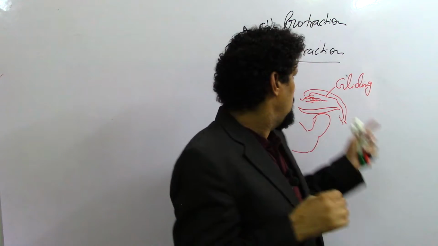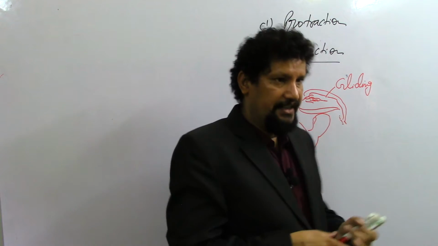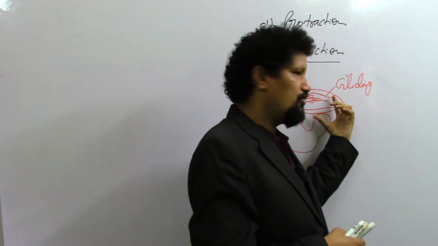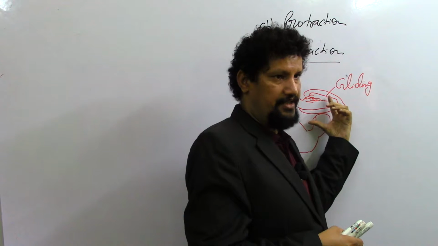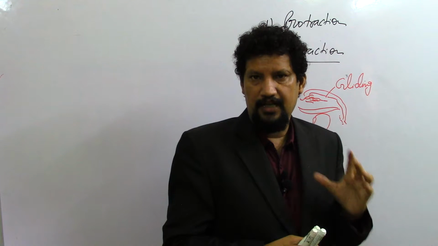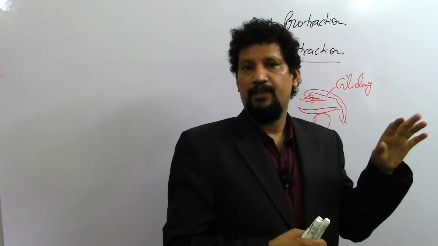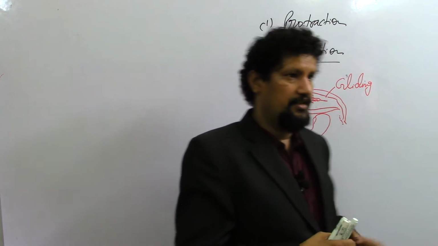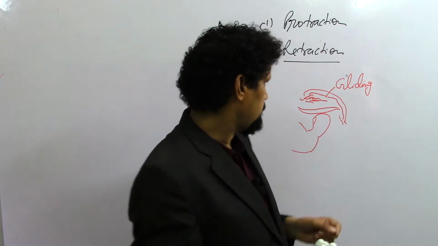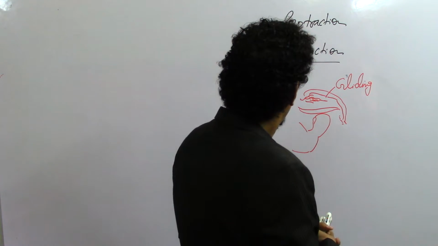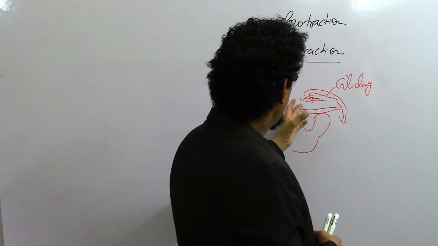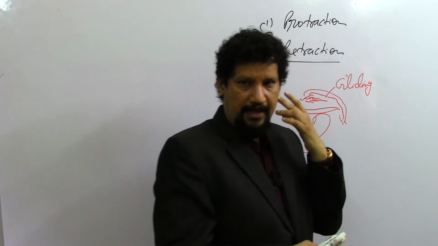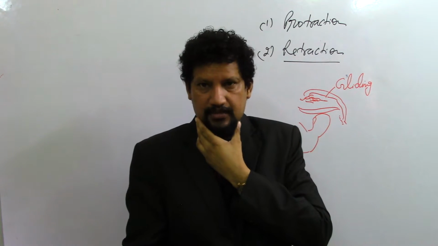of the articular disc, which is a thick disc, and it divides the joint cavity into two compartments. The upper compartment permits the gliding movements, and the lower compartment permits the hinge movements as well as little gliding movements. Besides protraction and retraction in the temporomandibular joint, or the movements of the mandible,